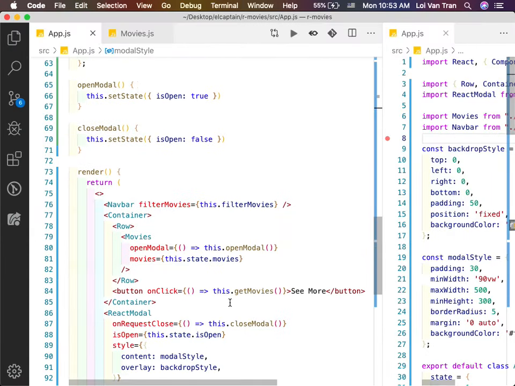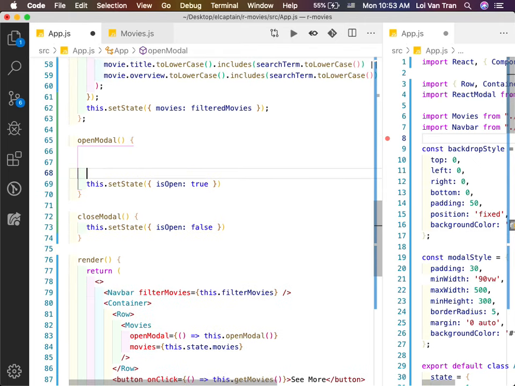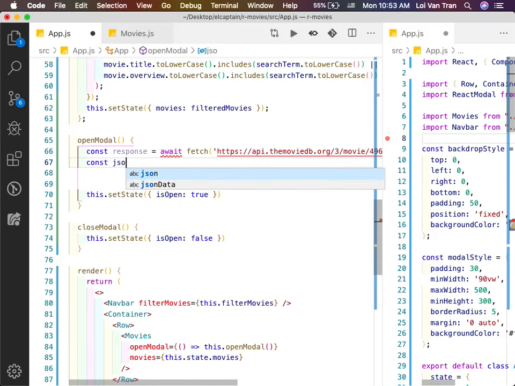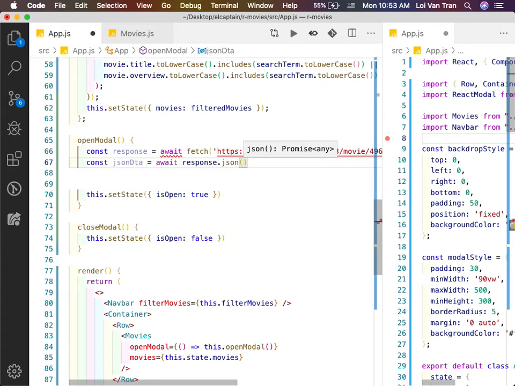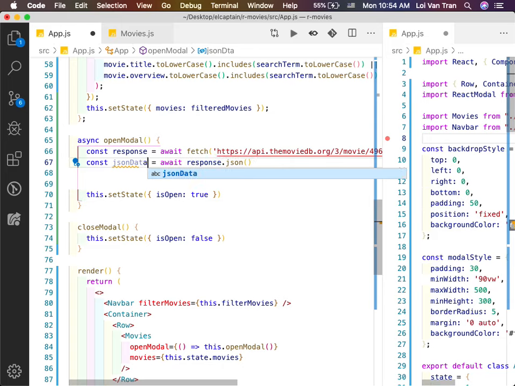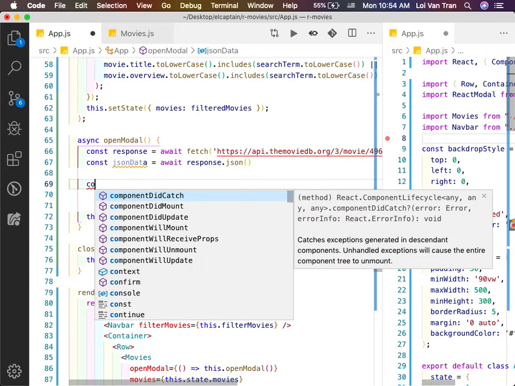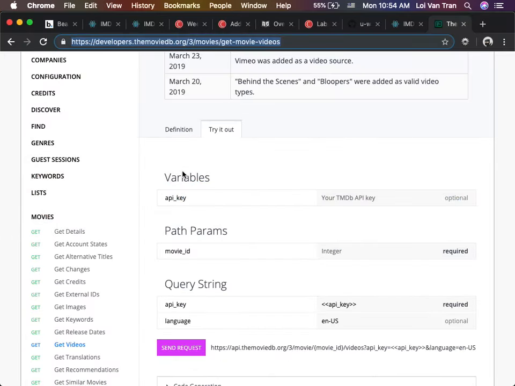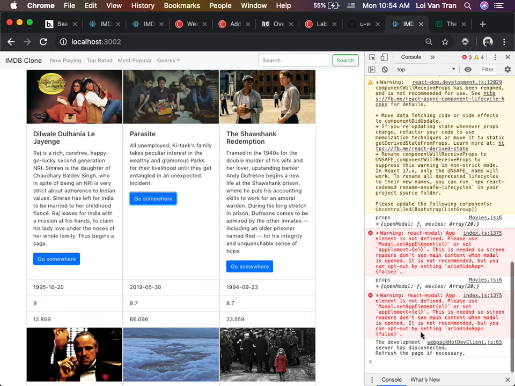So we're going to go back to our app.js, and we're going to add some new logic to our open modal. We're going to say fetch. We're going to fetch some data. I'm just going to hard code this right now, okay? And we're going to call it what? Response equals, okay? We're going to say const JSON data equals await response.json, okay? What else are we missing? Missing an async, okay? So if this went well, I expect us to have this data, okay? So just console.log our JSON data. So I save it, hop back over to our IMDB clone, and what do we see? When we click this, look what's gonna happen in our console.